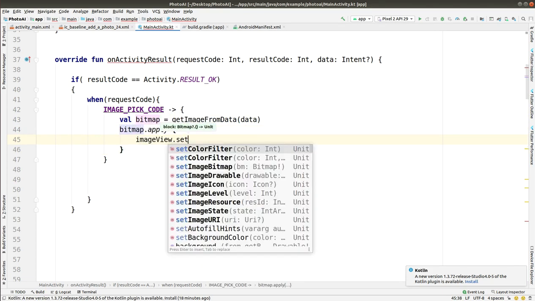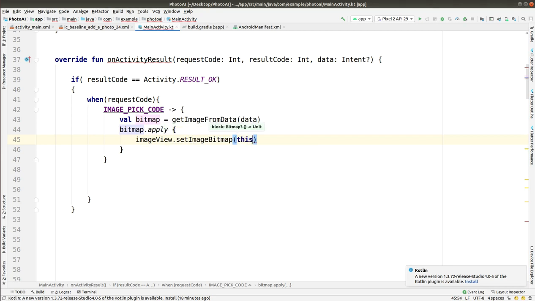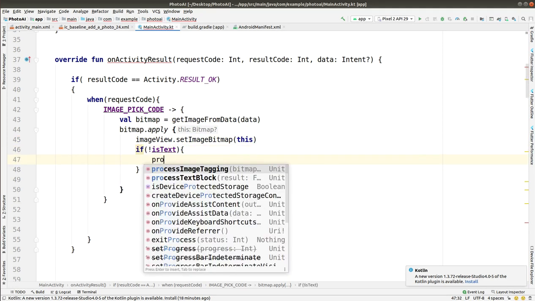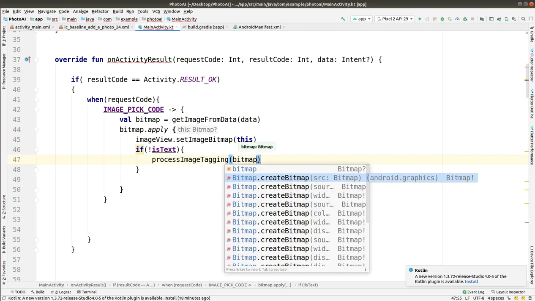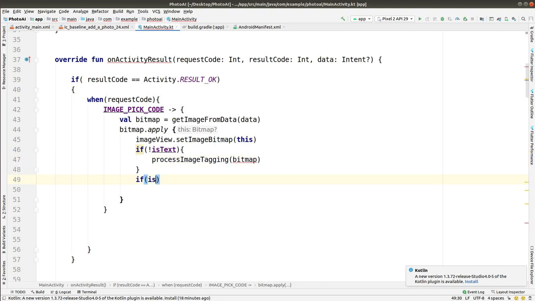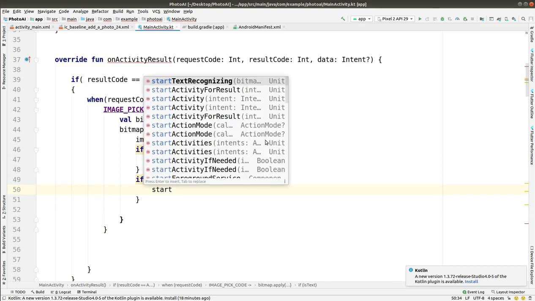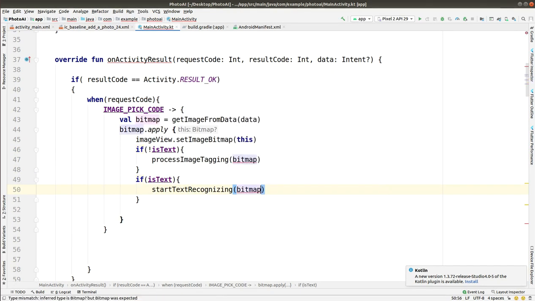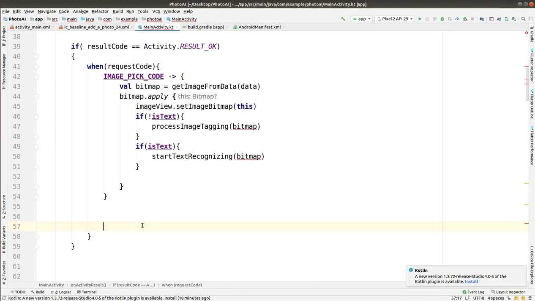Right now we are passing the data into it, and after that we are applying the bitmap on it, converting that image into that form. After that we are checking that if it does not contain any text, then we are processing the image tagging, and if it contains some text, then we are calling that start text recognition.